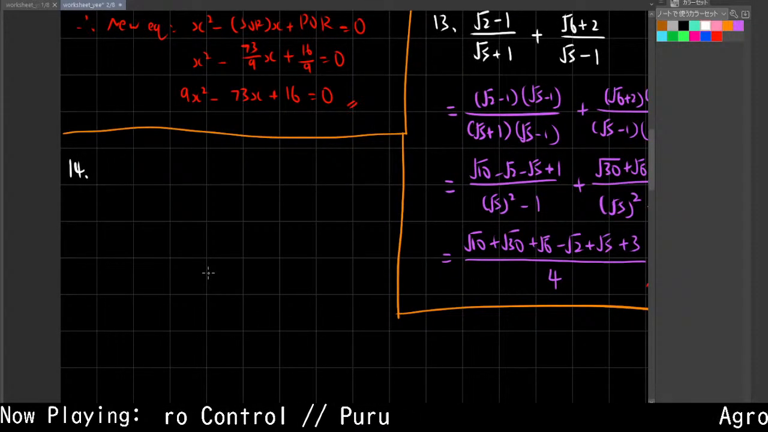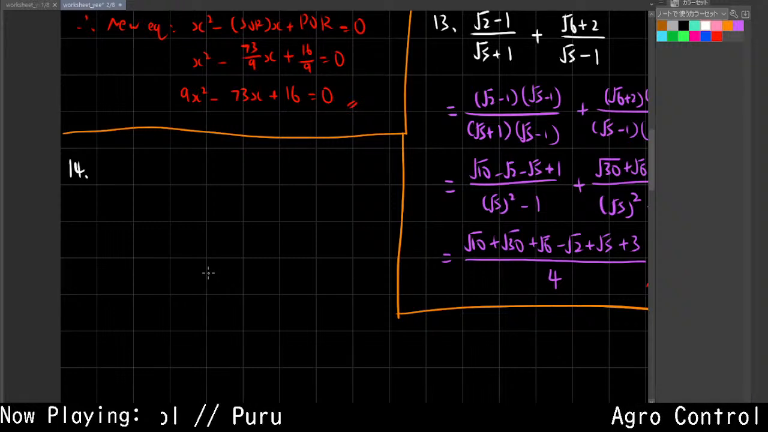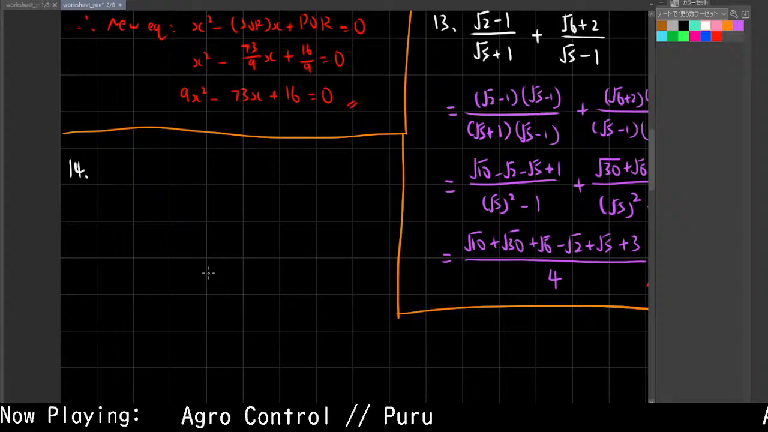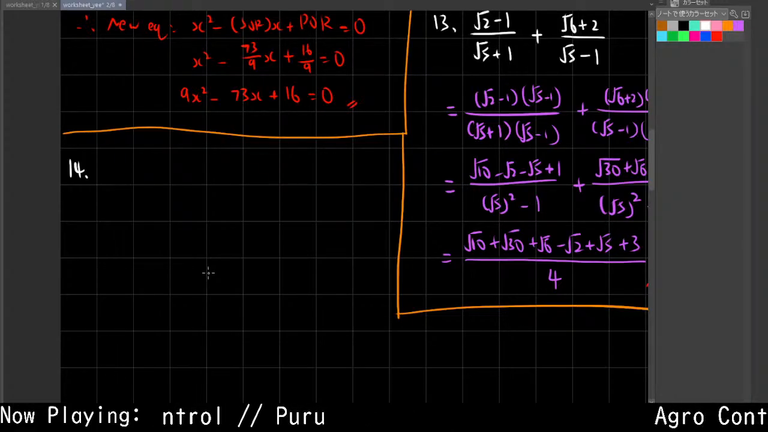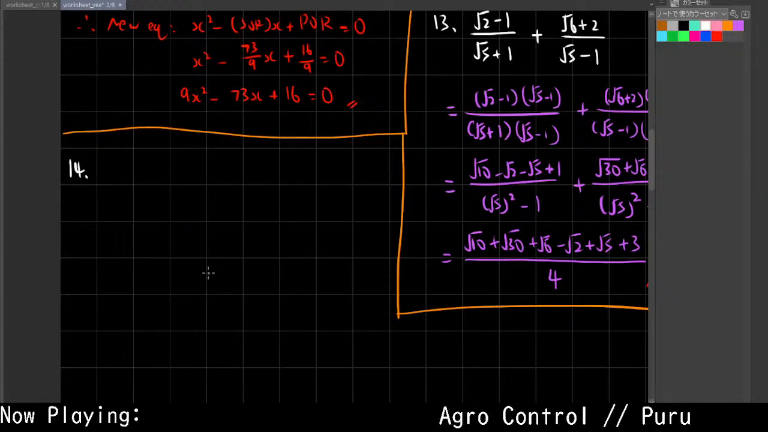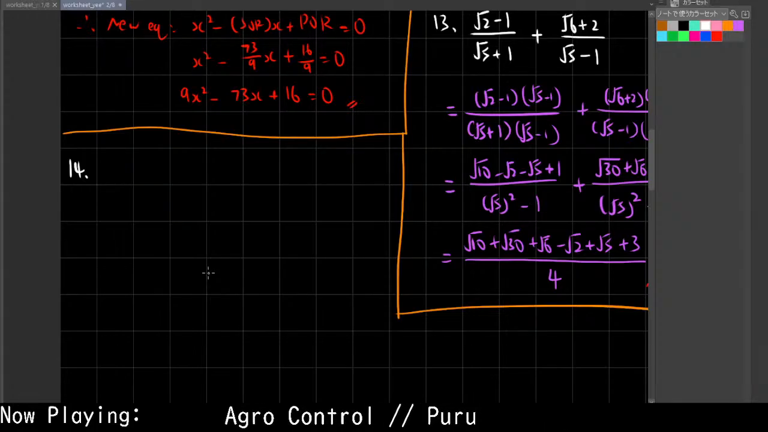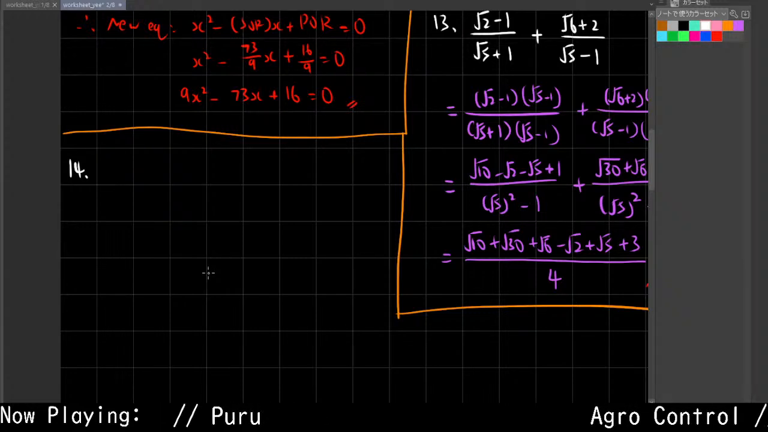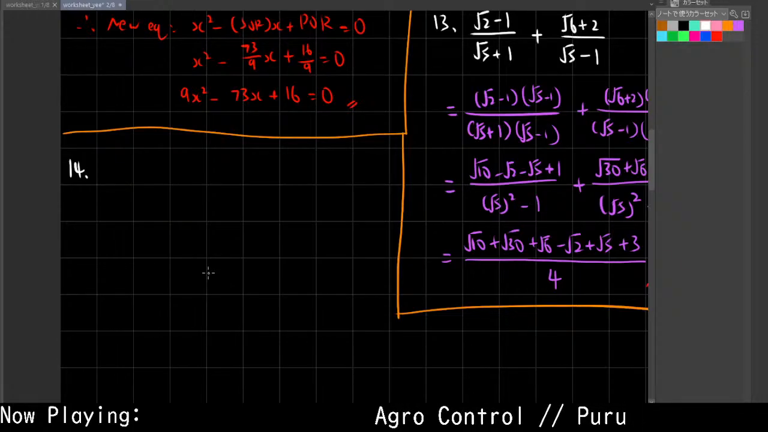Okay, given the function 7x to the power of 5 over 2, find the inverse function. This actually turns into